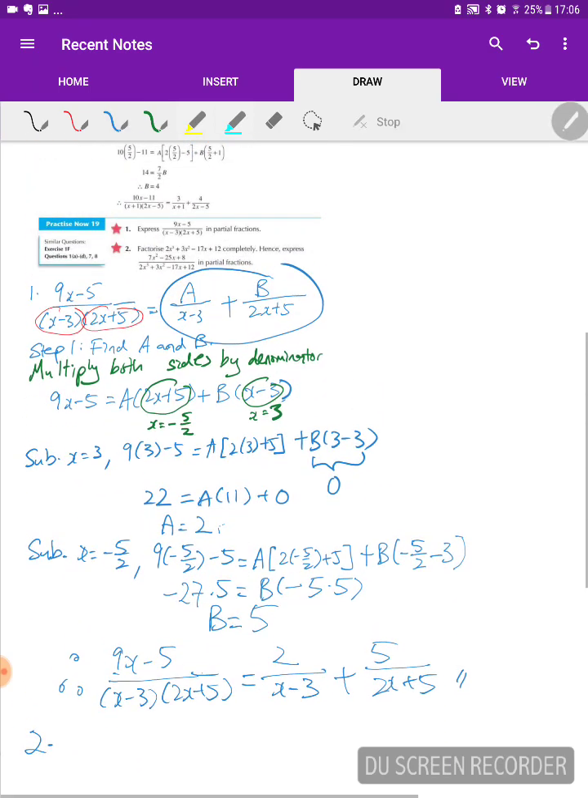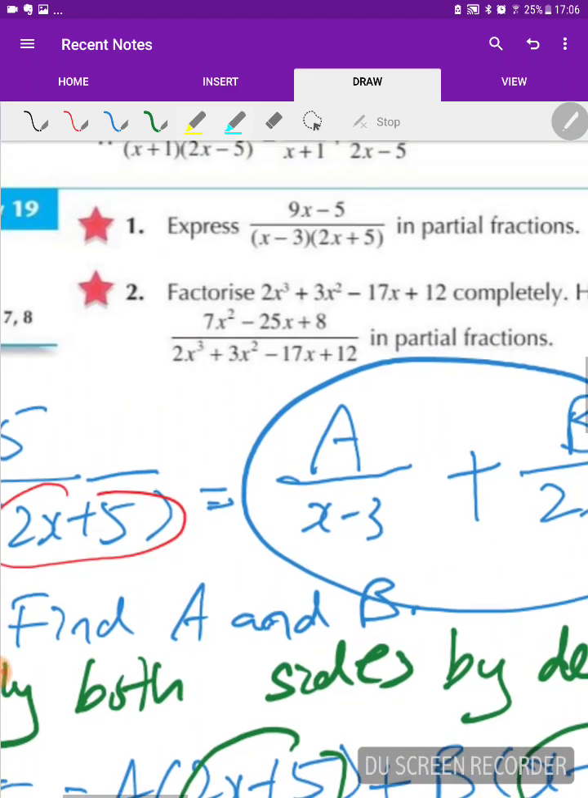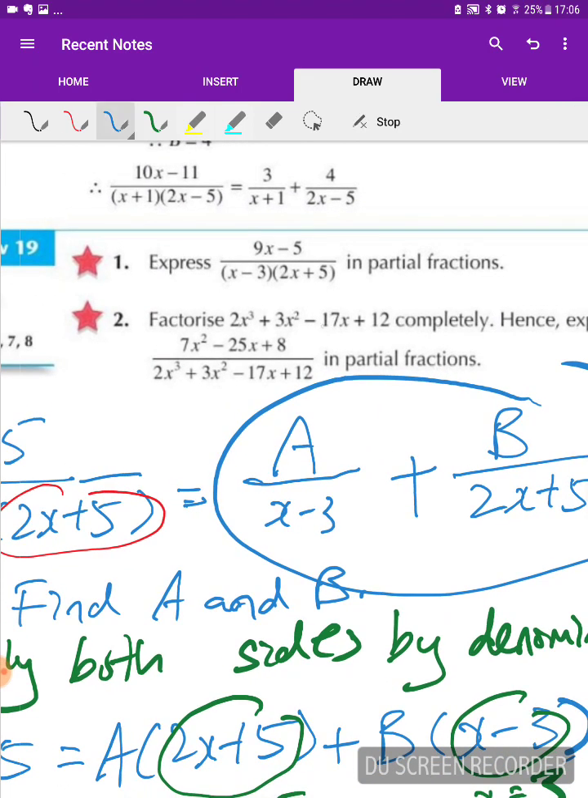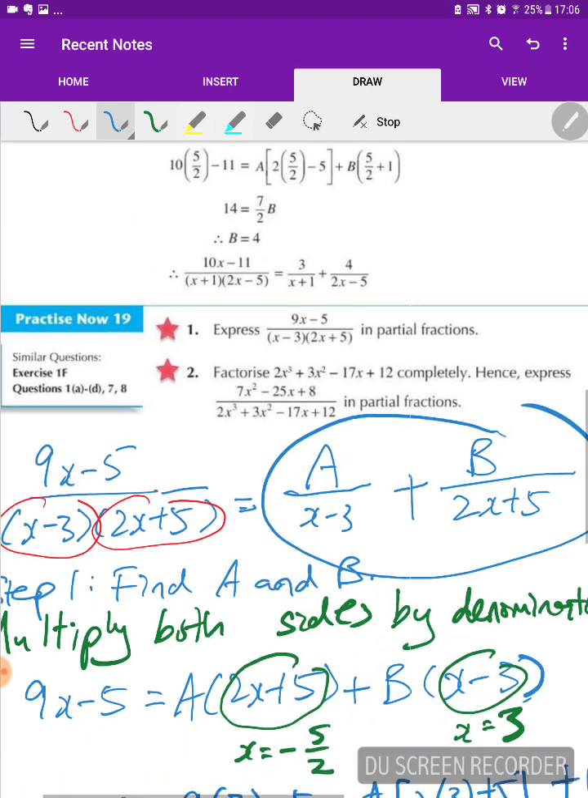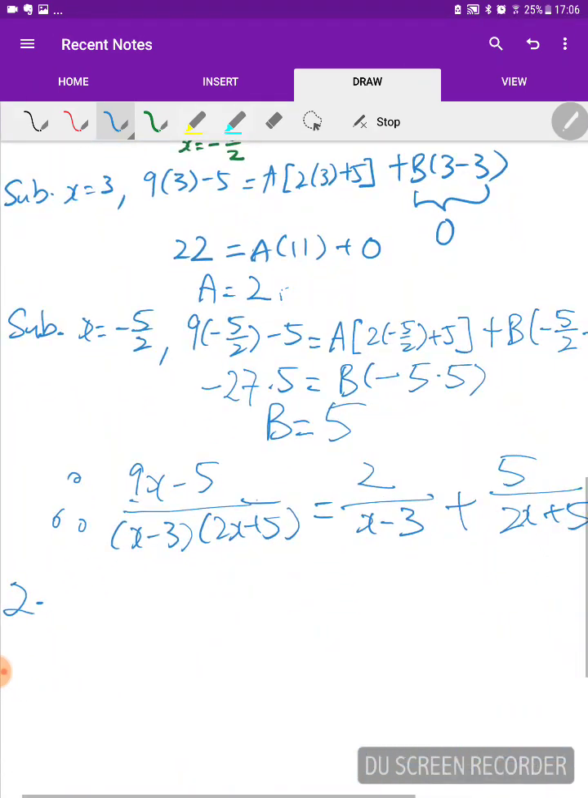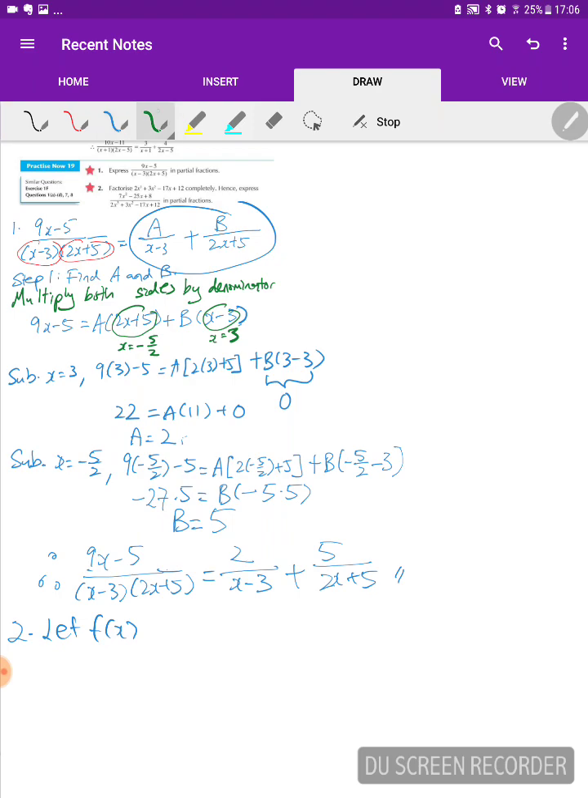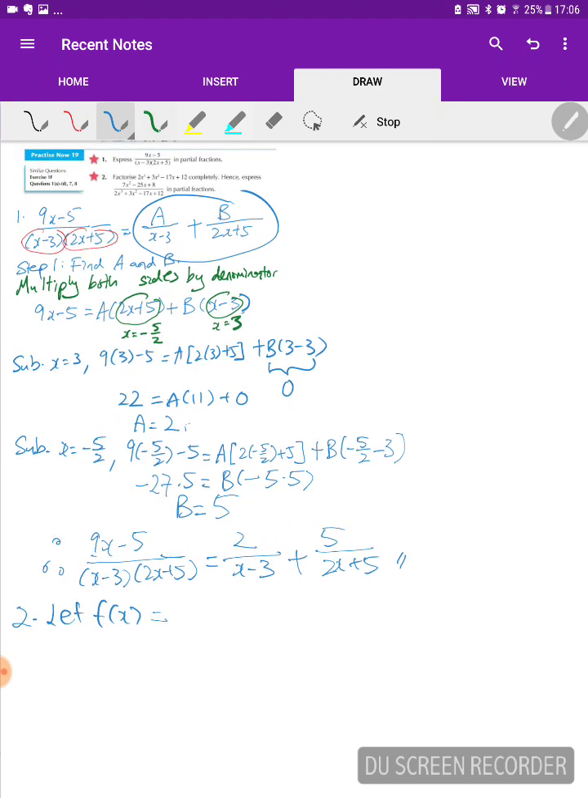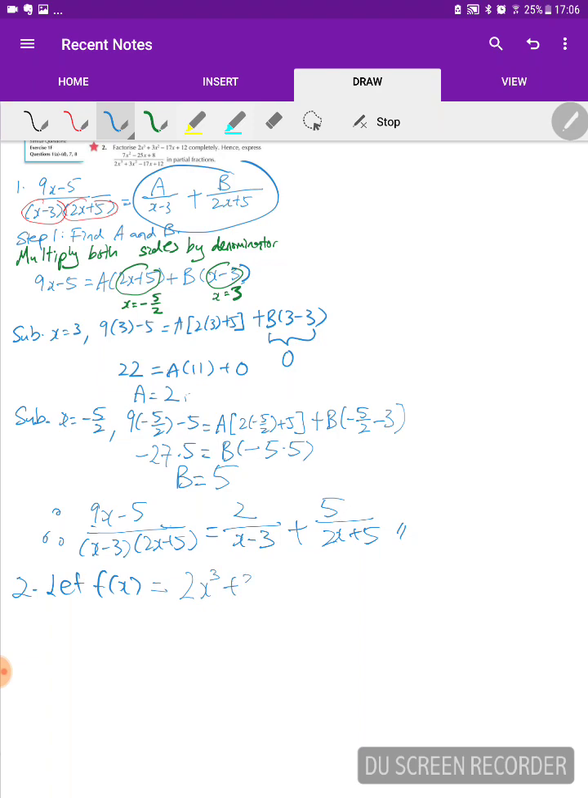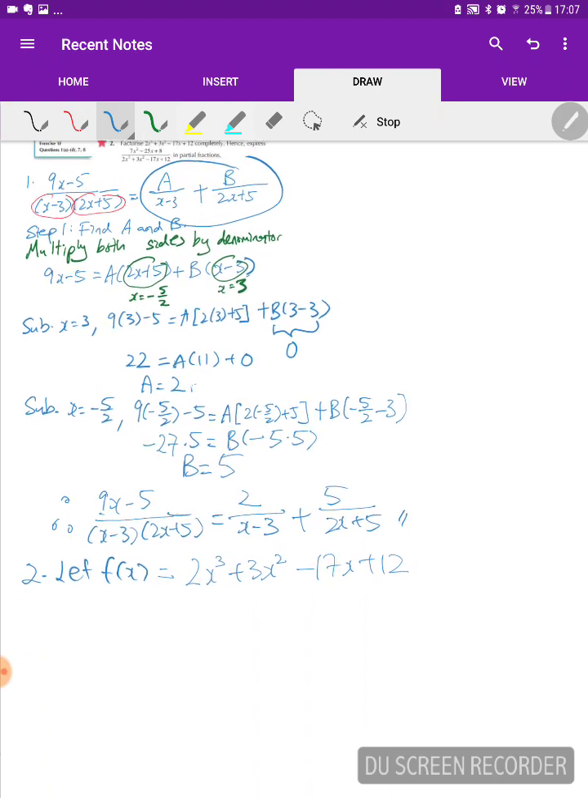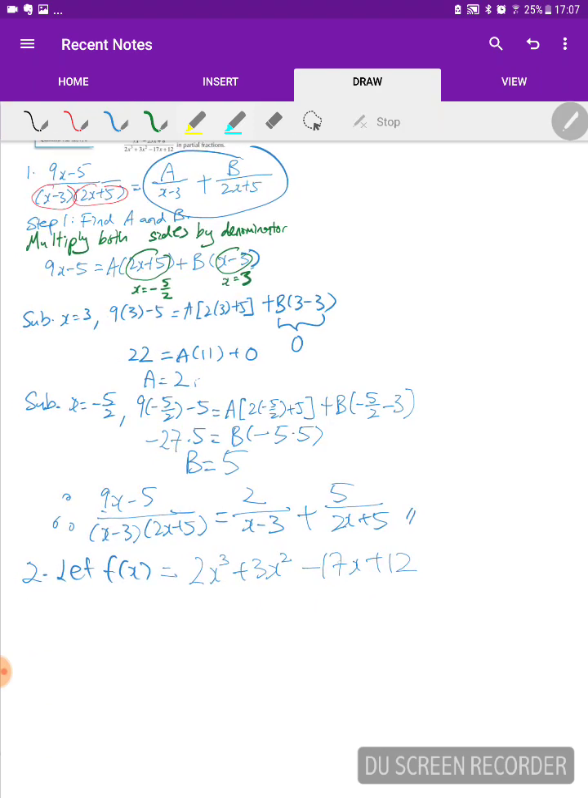Okay, so question 2. Question 2 is factorize 2x cubed plus 3x squared minus 17x plus 12 completely. Okay, so still remember how to do this? So you let f(x) equals 2x cubed plus 3x squared minus 17x plus 12. Of course you need to find a linear factor and then do long division, and then finally you have these